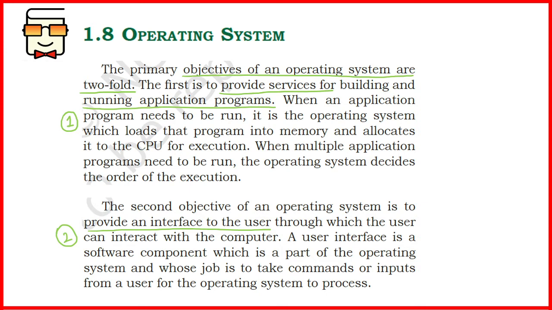Its contents, the program itself, is brought into the memory, and then as per the required time, whenever the CPU is available, the operating system executes the commands in that application program and allocates the CPU to it. Okay, so it is the responsibility of the operating system to manage all these application softwares. And we'll be studying in the next video what are the four main important management services provided by the operating system. But in this video, we'll be studying in detail about the second most important task,